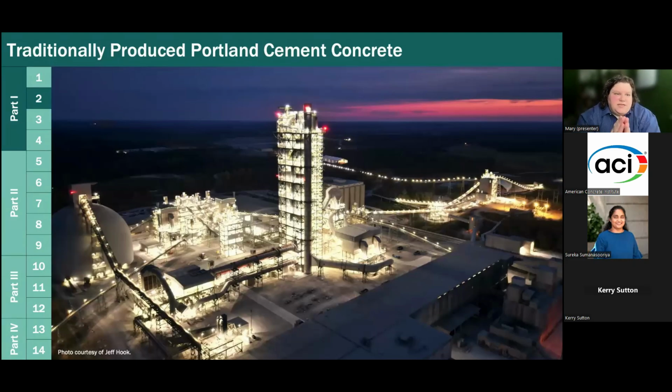So the second chapter is traditionally produced Portland cement concrete. We zoom in and say, okay, this is our baseline. Traditional Portland cement concrete is what's most often used around the world. So let's offer a good explanation of how it works. How is the cement produced? What happens when you add water to the cement? When you have an understanding of that, then when you start to include these other materials, the changes and the differences start to make more sense. So that was the goal here.